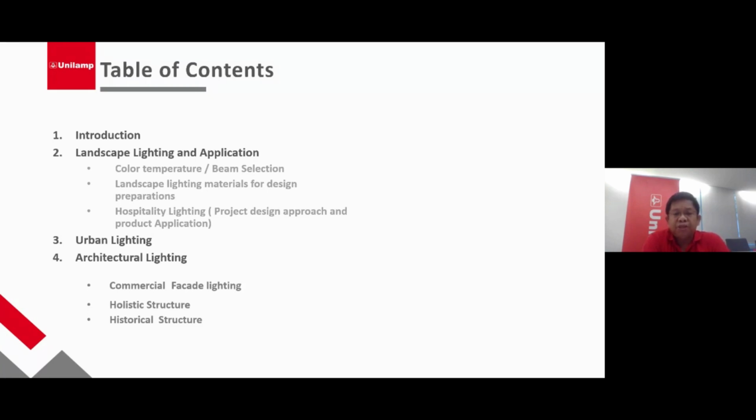I want to make this presentation as much as possible about the projects that we have done in the past, so it's easy for all of you to absorb what we are discussing here. I'll also give you some idea about urban lighting. And lastly, I'm going to cover architectural lighting, which is commercial facades, and how we're going to light up these buildings, even up to holistic and historical structures. To start with,